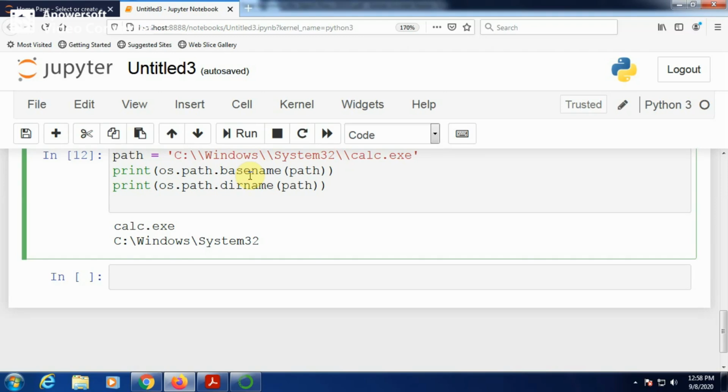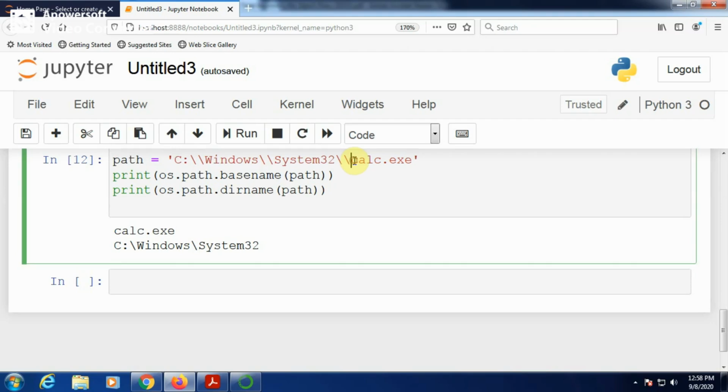Basename gives whatever file name is after the last slash. After the last slash, whatever name is there will be returned by the basename function. And dirname gives whatever content is before the last slash.